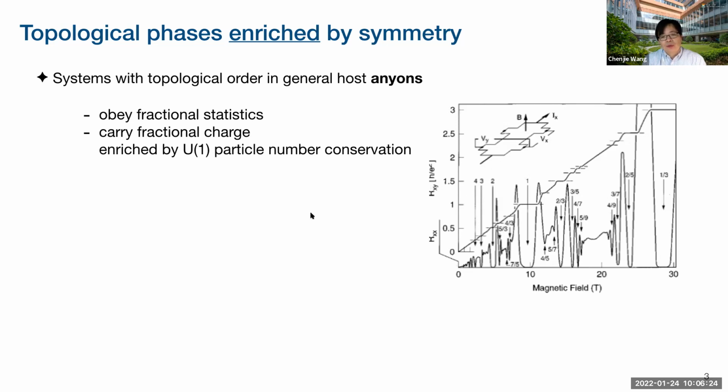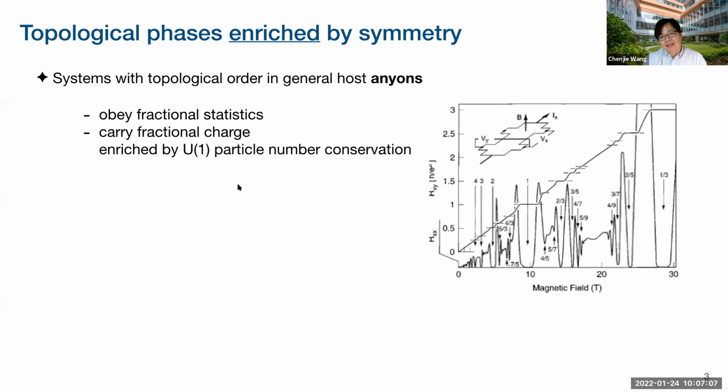And in these systems, if you study them, you find that there are some particle-like excitations called anyons, and they obey fractional statistics. These are statistics beyond the usual boson and Fermi statistics. It has been studied for more than 40 years, I think, and they are heavily sought because they can be used to realize a so-called topological quantum computer. That's a property of these anyons, topological order systems, in the absence of symmetry.